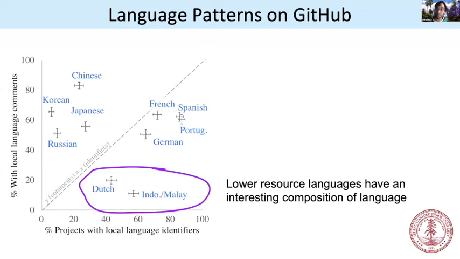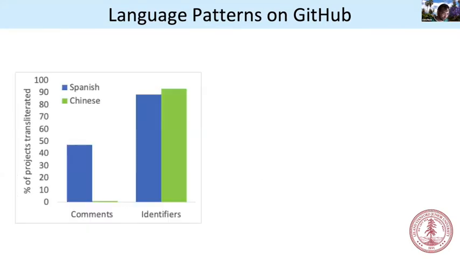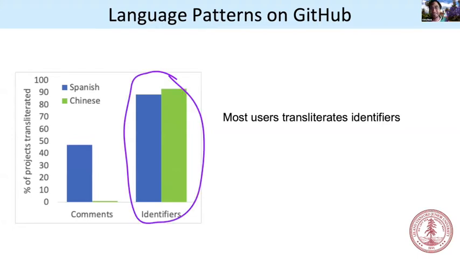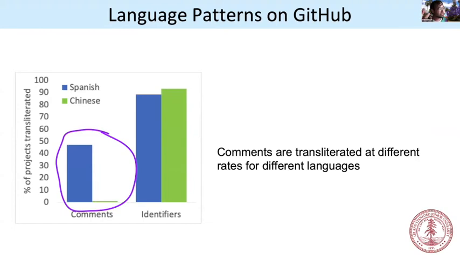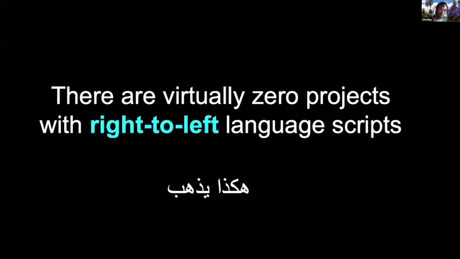And then there's this other group, which I think is very interesting, and they tend to be not other scripts and not Western European languages. And I really think of these as languages where English is slightly more dominant and growing in dominance. And I think a lot about how we can preserve these languages. But anyways, there's a whole bunch of languages where people use their own languages for identifiers, but tend to write comments in English. Small little note, everybody seems to transliterate their variable names and their function names. So people very rarely use scripts for variable names. And then the Spanish and French tend to transliterate their comments a little bit more, but that's not that important right now.